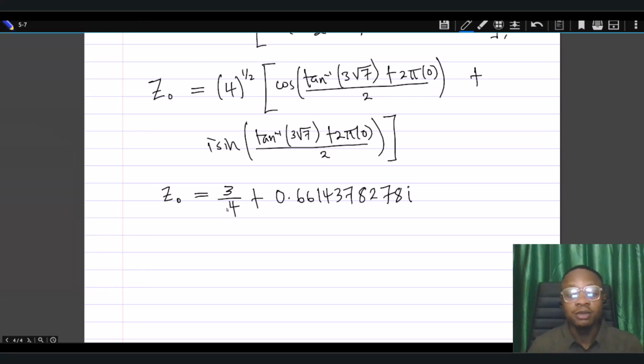So this should be 3 over 2 after having multiplied by 2. Okay, or we can leave it this way and put 2 outside. That's 4/2. So this is 3 over 2. And for the imaginary part, we have